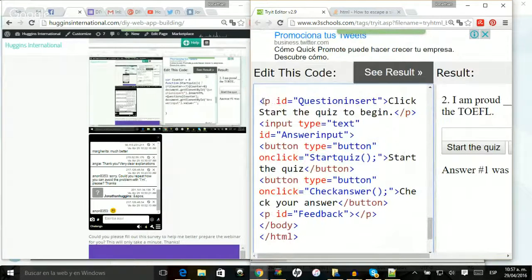I've got a paragraph and it has an ID. I have an input, a text box, it has an ID. I have a button, I didn't assign it an ID, but it's there. I have another button, it doesn't have an ID, but it's there. And I have a feedback paragraph, this one that says answer, that also has an ID. So the things that I want to make dynamic or